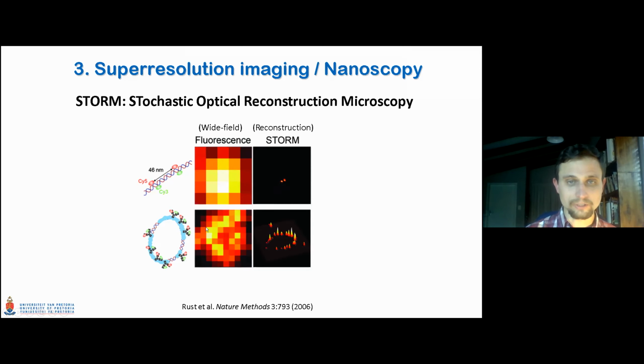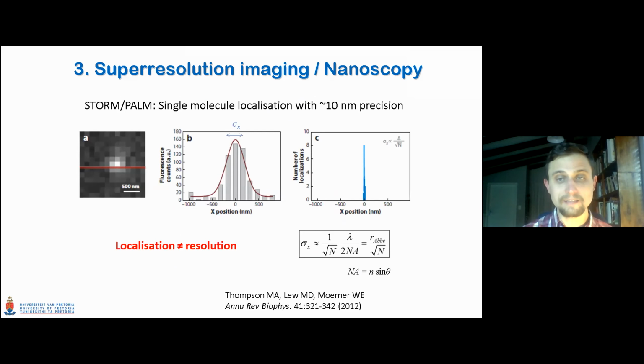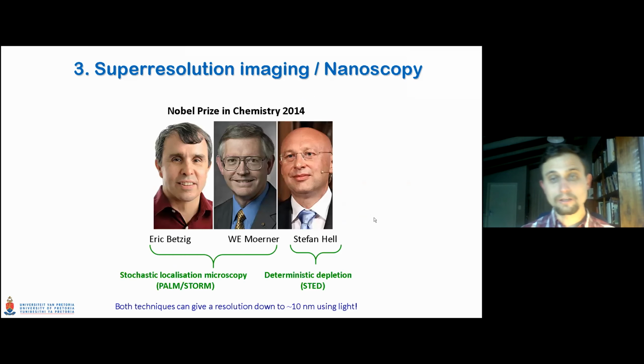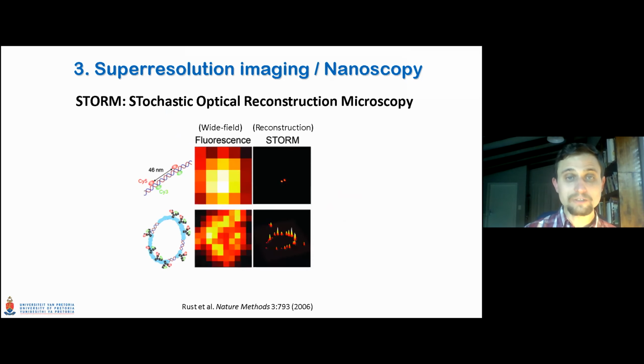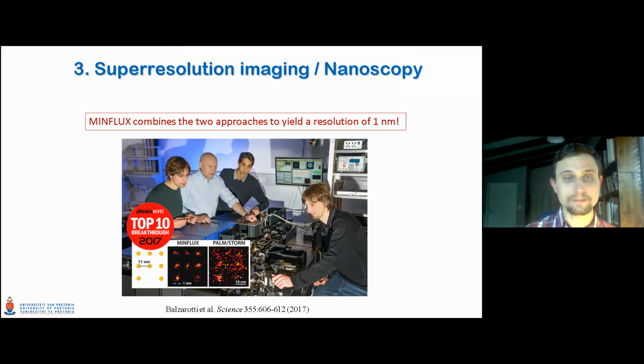And here's another example of wide field and super resolution spectroscopy. That can bring it down to about 10 nanometers resolution. The other technique, STED microscopy, can similarly, using different tricks, also get you down to 10 nanometers resolution. Since the Nobel Prize was awarded, within about 4 years, Stefan Hell started, actually immediately started, to combine the two methods.